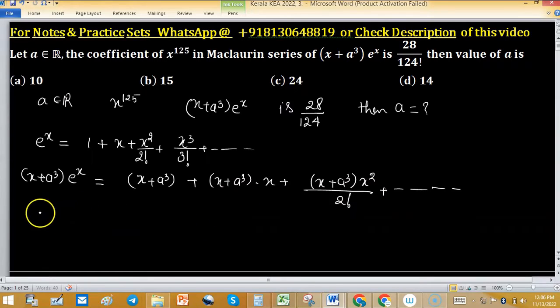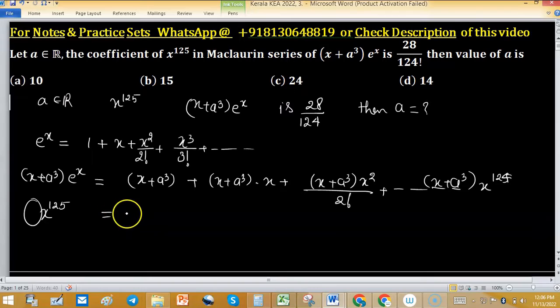So we need to find the coefficient of x raised to the power 125. When we multiply x raised to the power 124 with x, we will get